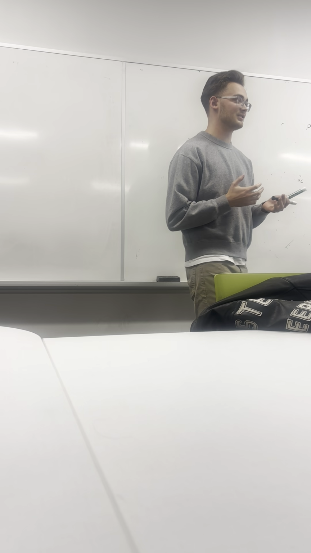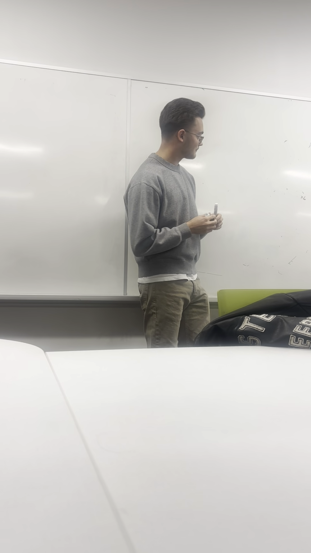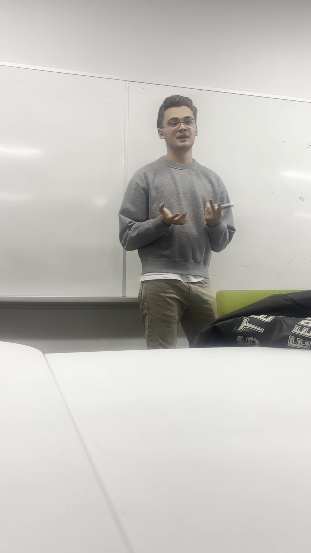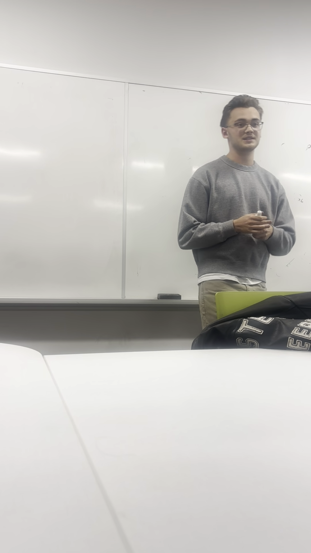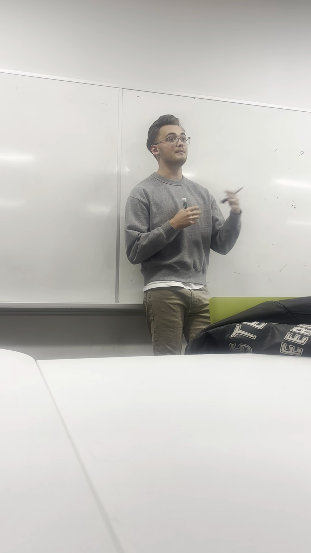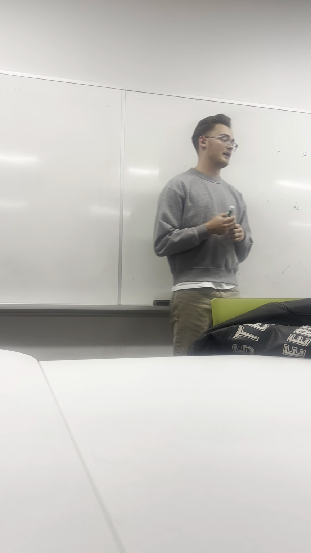So the next thing that could be in the bias section is data imputation and the issues with that. Data imputation is where you add in values to account for missing values. A common way to do that is to take the mean or the median and stick that in for the missing values. But this can result in bias because the mean or the median value may not be representative for this smaller group.